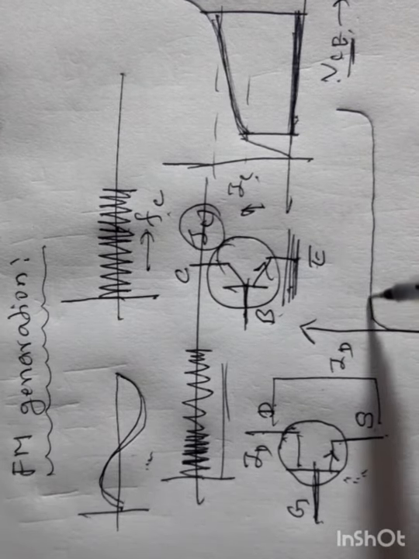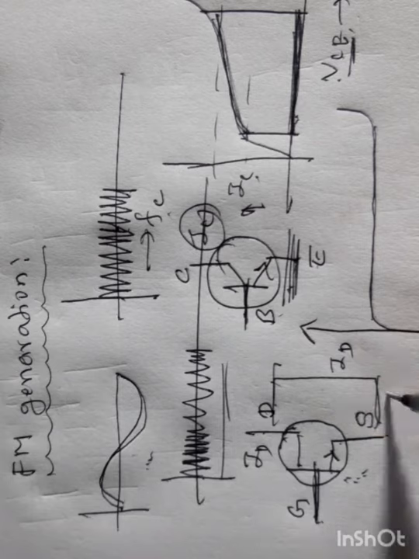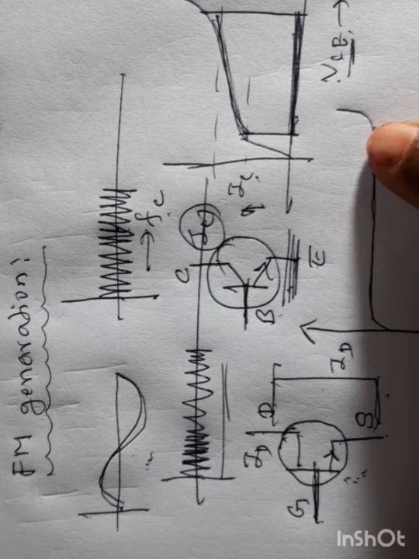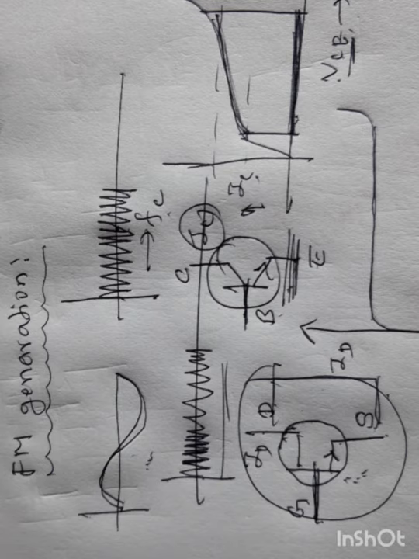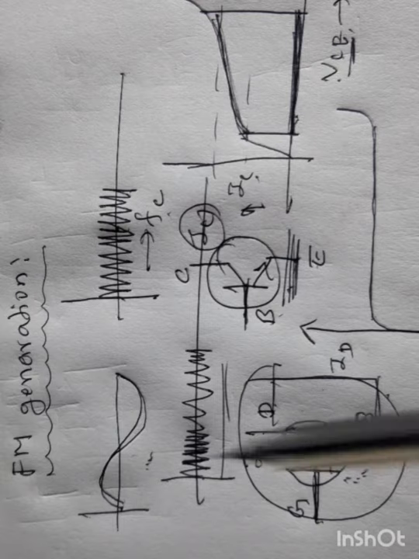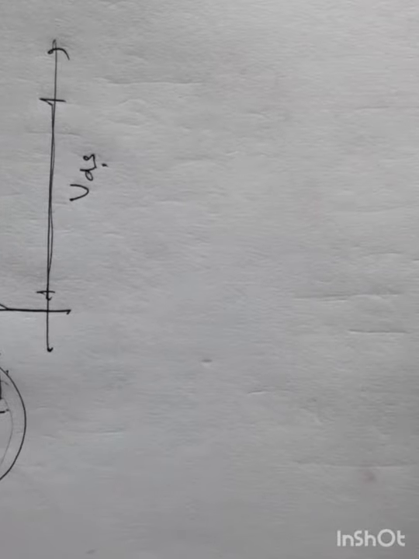That means the drain current remains constant for a certain range of drain voltage. That is, drain current is independent of the applied voltage between the drain and source. Since drain current remains constant, this transistor is preferred in producing frequency modulation, and not much distortion is produced in frequency modulated wave generation if we use this transistor. Therefore, now we shall discuss